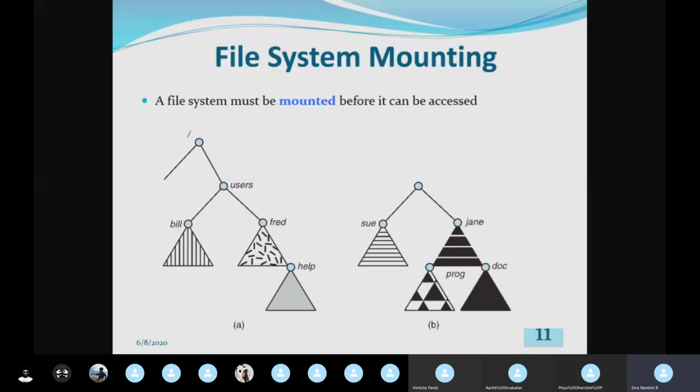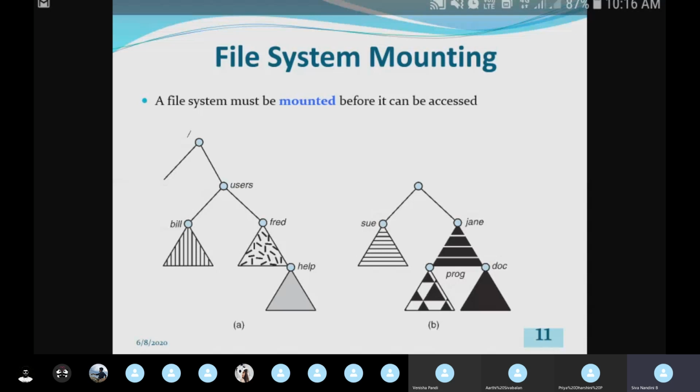Here below we are having two figures, A and B, that I will explain for the concept of file system mounting. This first figure A is similar to a binary tree; that tree structure is available here. Near the top circle we are having that slash. I hope you can see that slash. The slash represents the root directory. That first one is the root directory.